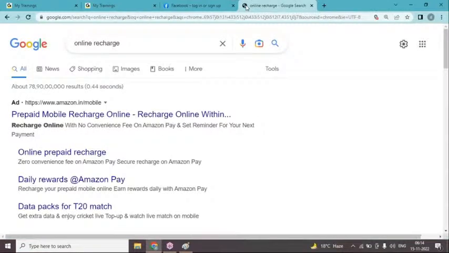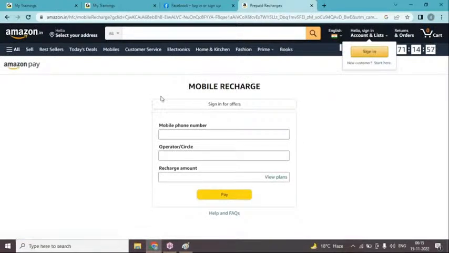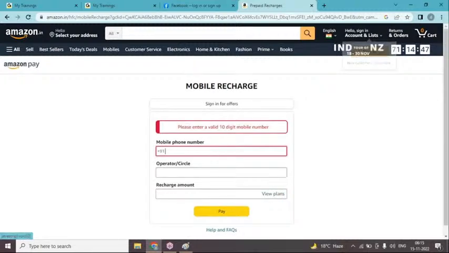Online recharge, mobile recharge, prepaid recharge, all recharge websites will be there. You can go to any one site and complete your registration. Here sign in, account, pay the bill, phone number, circle, amount, view plans. I can view the plans here depending on the number. This way, whatever application we are developing, we can easily develop